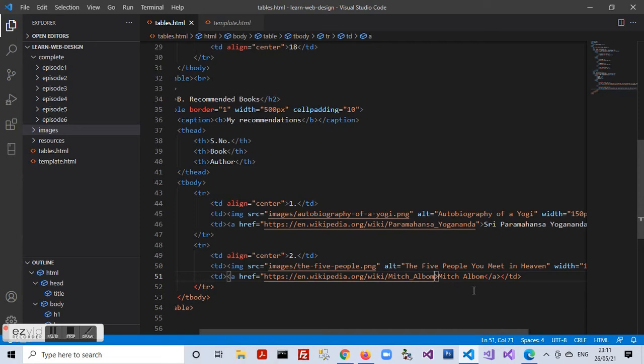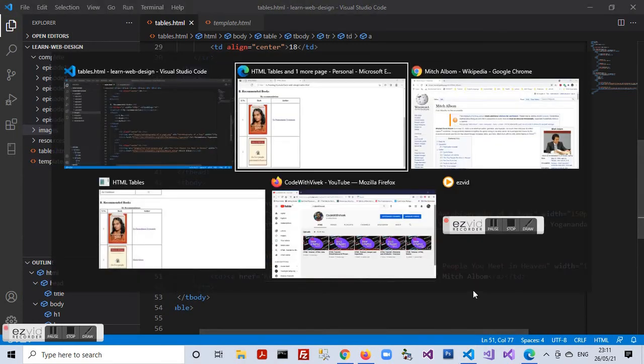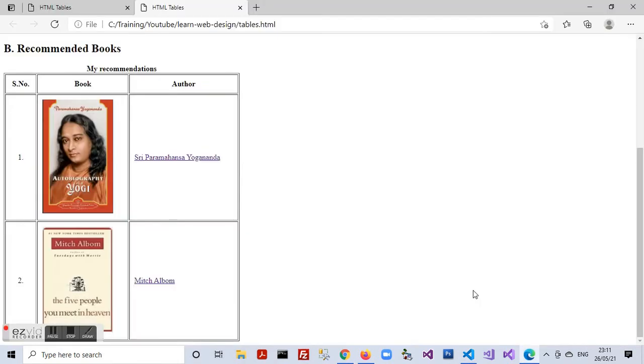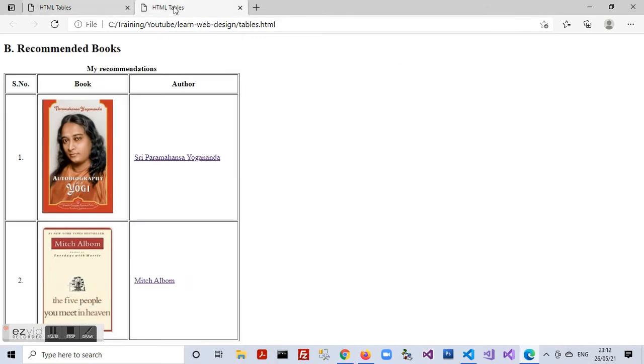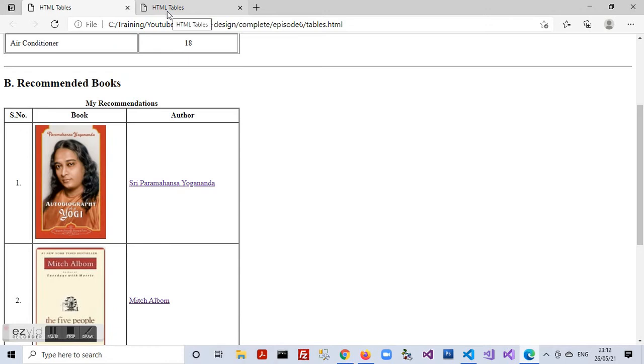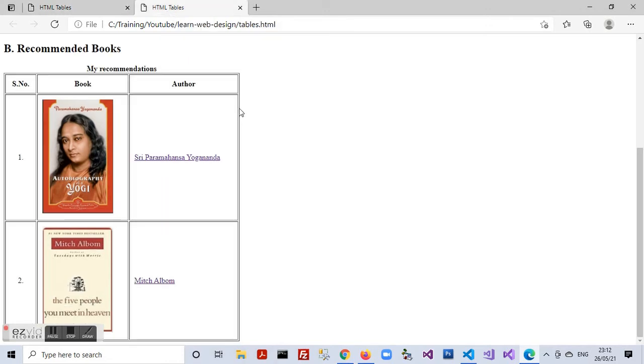Okay, I have not put in the closing inverted commas for the href attribute. So I'll move on again to the page. I'll refresh the page and see here we have the second table with just one observation, that the cells seem to have some space within each other. We can see some spaces out here, but in my sample web page, the border is a single line with no space between cells.